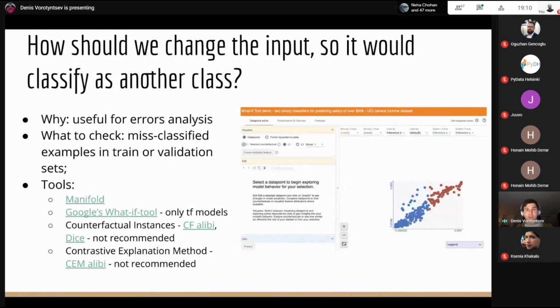And when you're training a neural network, you have fixed input, you have fixed output, and you are updating the weights of your neural network in order to minimize the distance between your prediction and your target. When you are explaining your model, on the other hand, you want to reverse this task. So now the model is fixed, and you want to find such input which maximizes or minimizes the output.